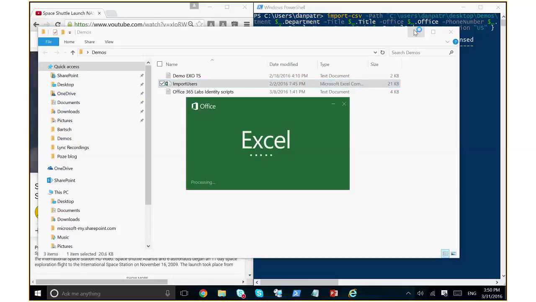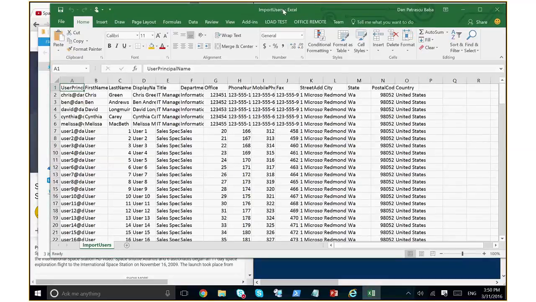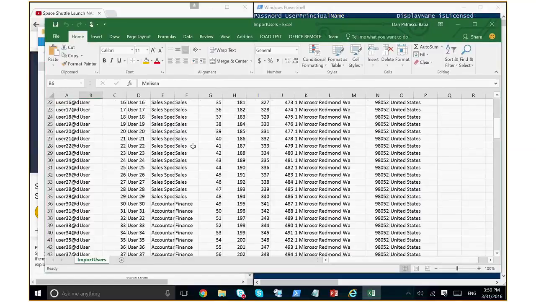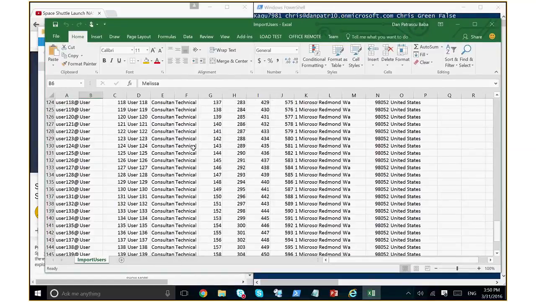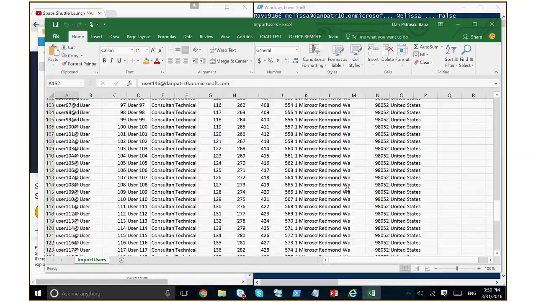Until this is done, this is how the CSV file looks like. You can see there are some columns. You can also find the template for the CSV file on download.microsoft.com. That template includes only these first 5 users, and all other users until 151 are created like user 1, user 2, and so on. So you can simply use this template if you need to do this, and you can fairly easily export a CSV from a third-party tool and make really, really sure that